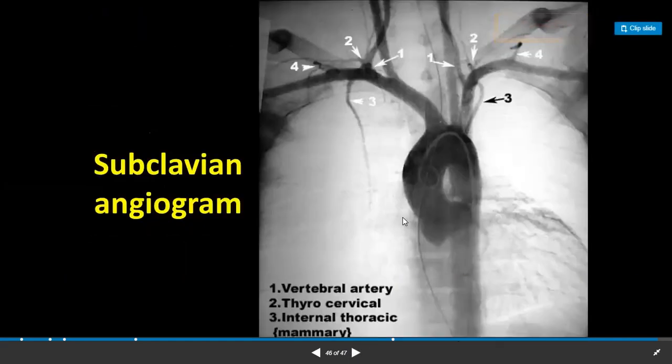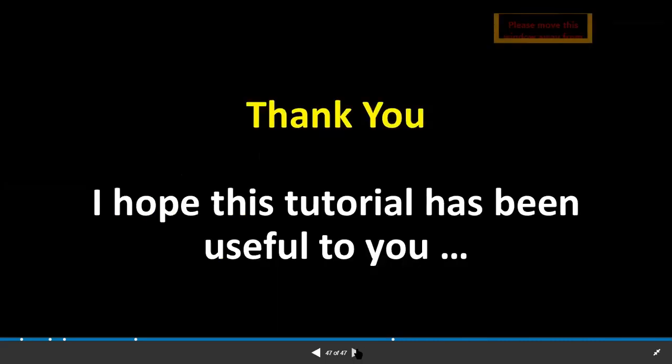Okay. So this is the arch of aorta, which you can see very clearly. So this is the brachiocephalic trunk. You can see it on the right side. This is the subclavian artery we have, isn't it? Then from the subclavian artery, number 1, the one which is going up is the vertebral artery. From the subclavian, we have the thyrocervical trunk, isn't it? The one which is going down and supplying the thorax, we know it is the internal mammary artery. Okay. So these are the various arteries we are seeing here.